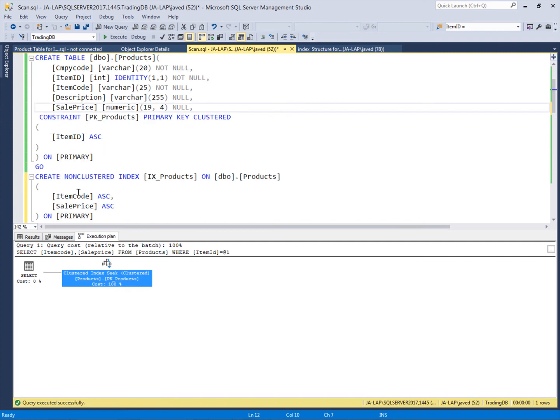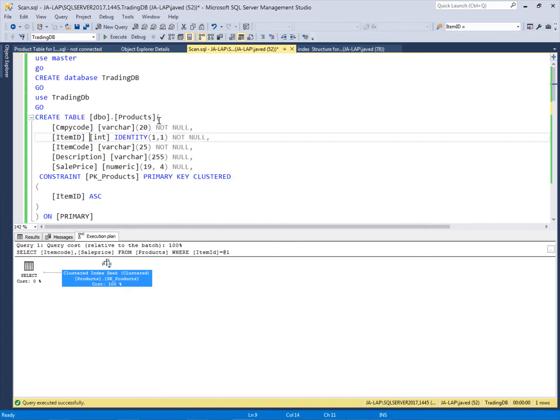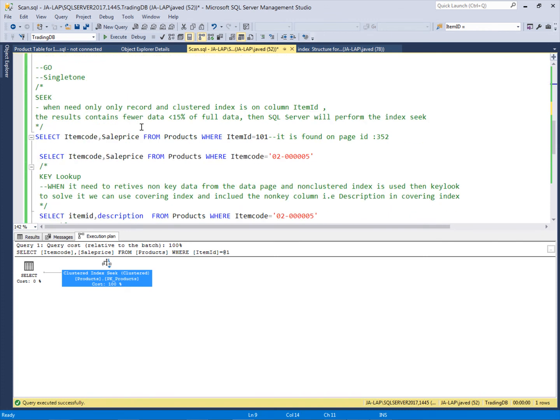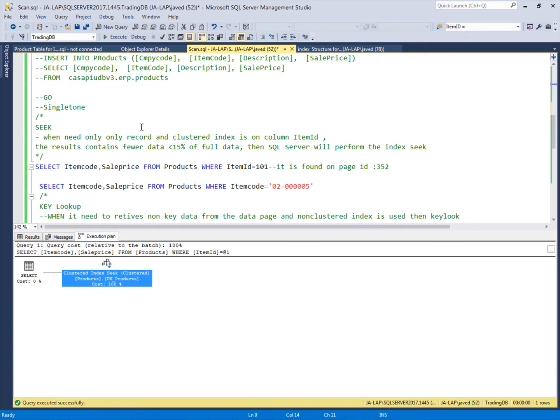Item ID is an integer identity field, and item code is varchar. This table has the clustered index on the item ID column, and the non-clustered index I am not using right now. I have already created this table, and it has more than 13,000 records.